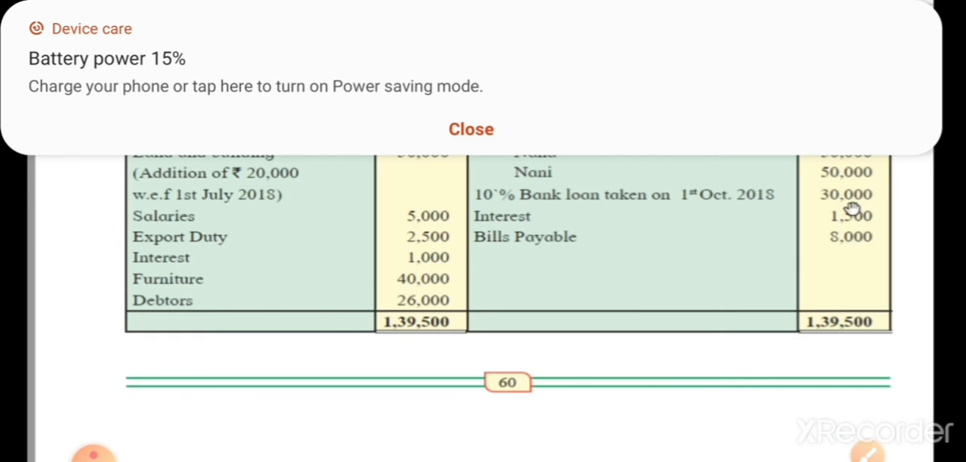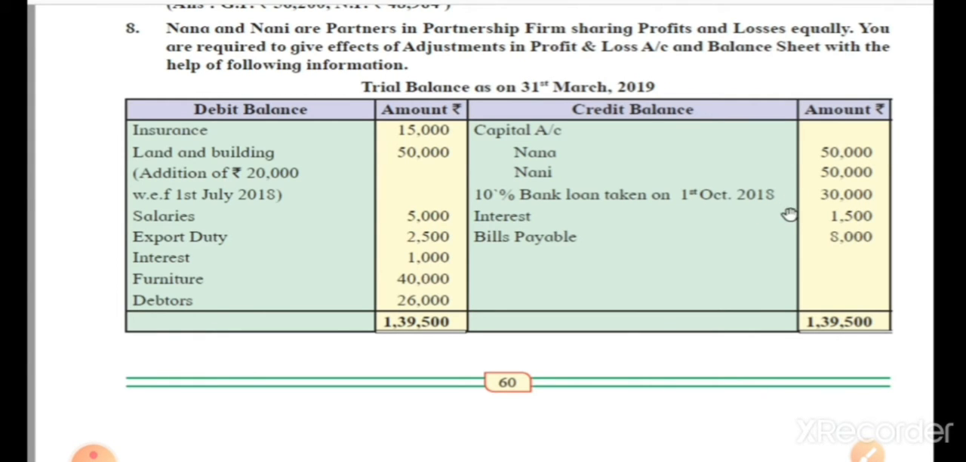Student, from this information we understood that here the bank loan is taken in this financial year, that is 30,000, but that loan is taken on 1st October 2018. So October, November, December, January, February, March, total 6 months interest we have to charge. For that purpose the rate is also given, that is 10%. So on this bank loan we have to accrue or calculate the interest. So how is it calculated? 30,000 into 6 divided by 12 months into 10%, so we get the 6 months interest, that is 600,